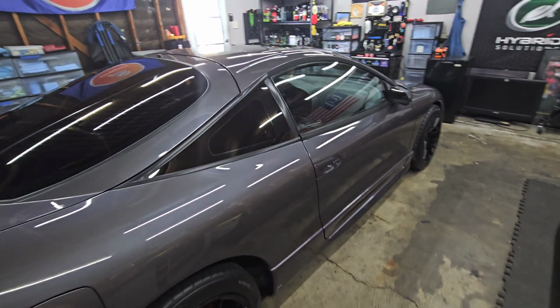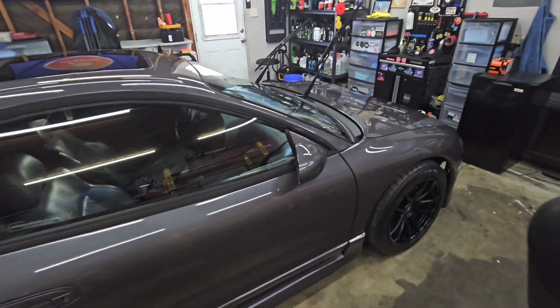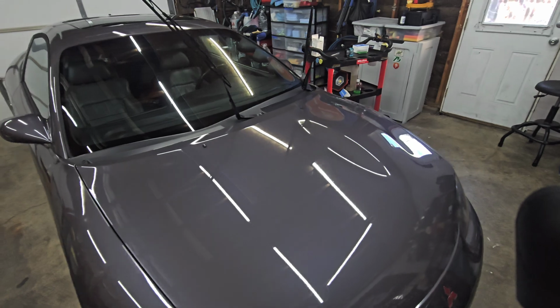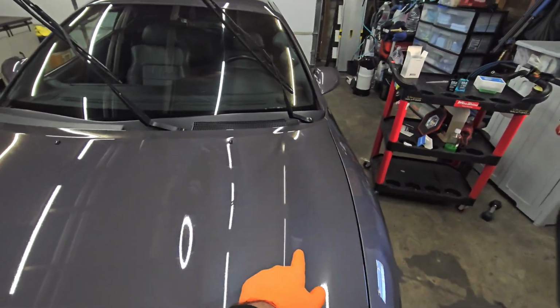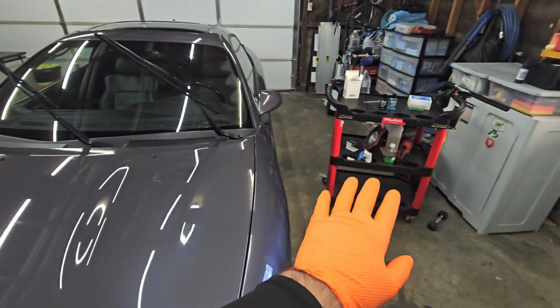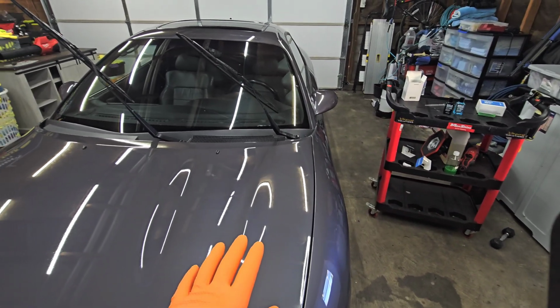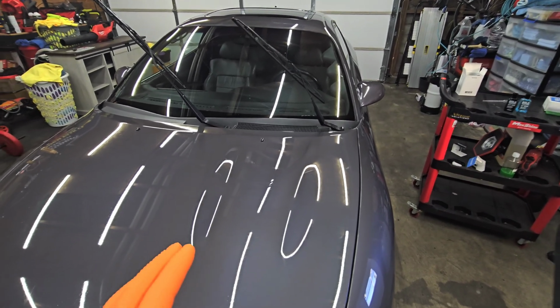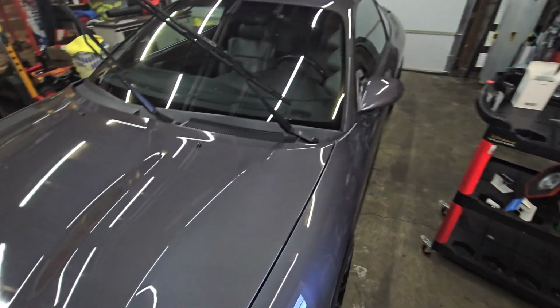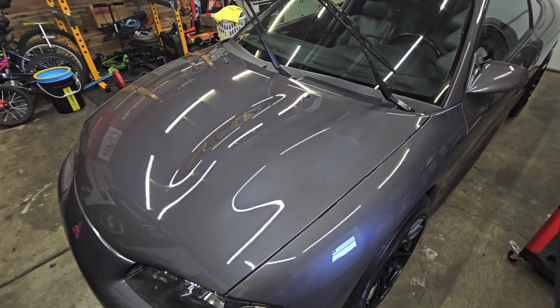And I'm really excited to get this thing coated. So let's get set up and let's get started. I want to see how this Pure Shield, I'm kind of nervous, to be honest. I'm really nervous when I work with a new coating for the first time, but it's on my own car, so I'm not testing it on somebody else's car, and that's what I like to do. So let's get this BOLA Pure Shield Evo on the GSX and see